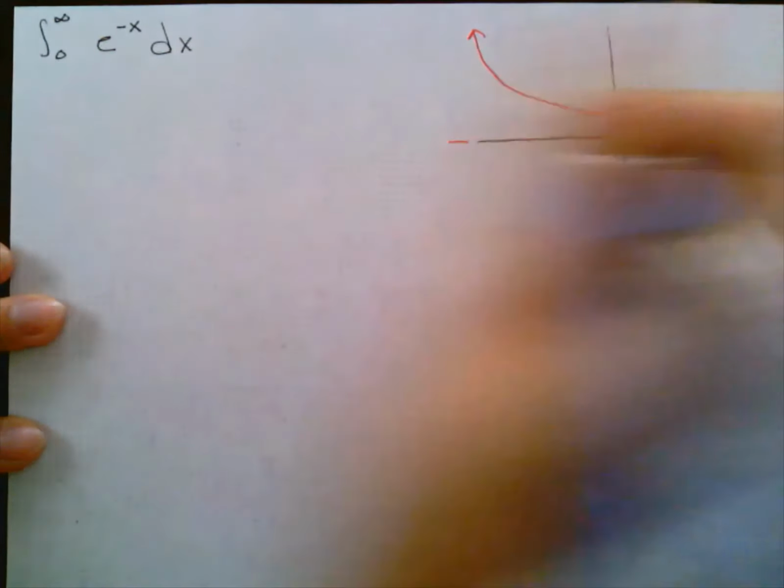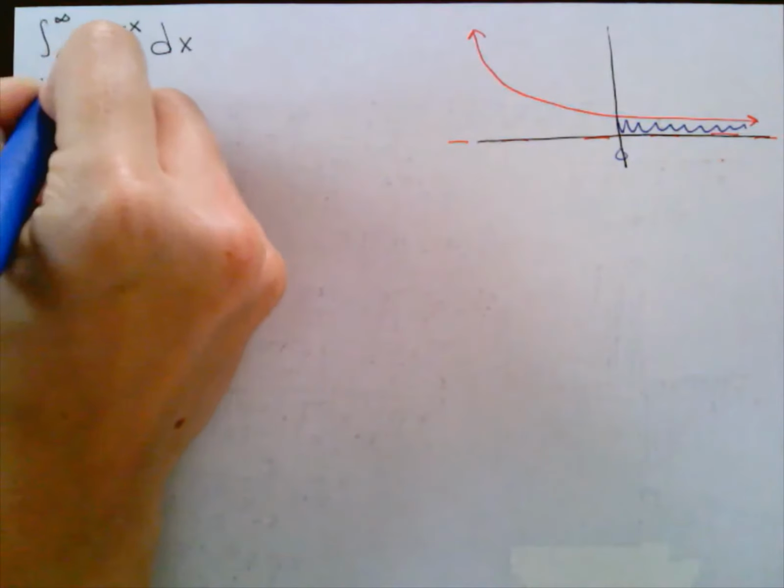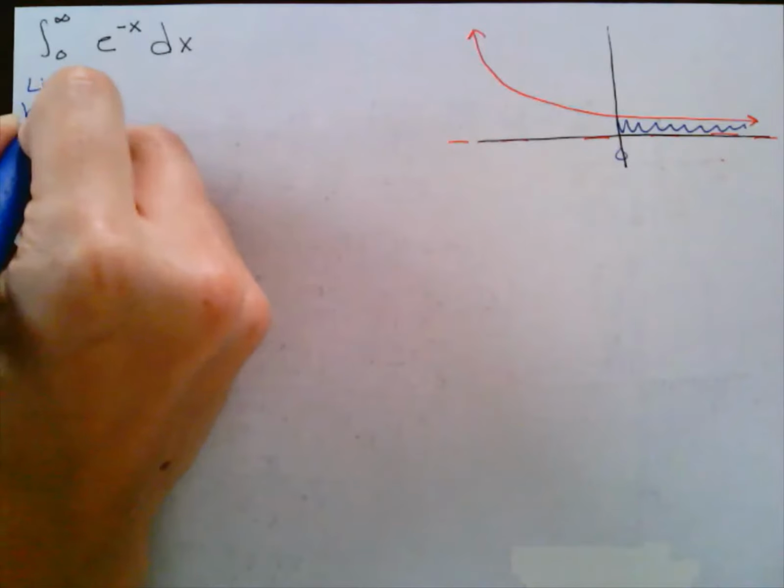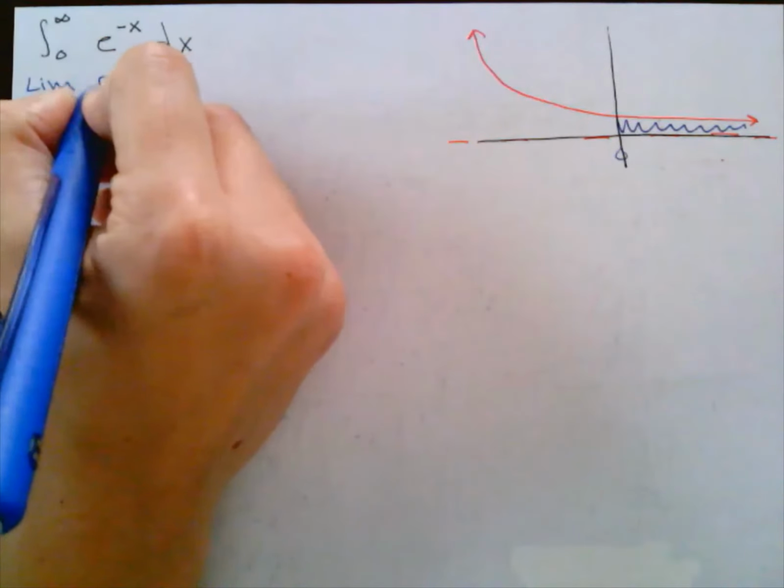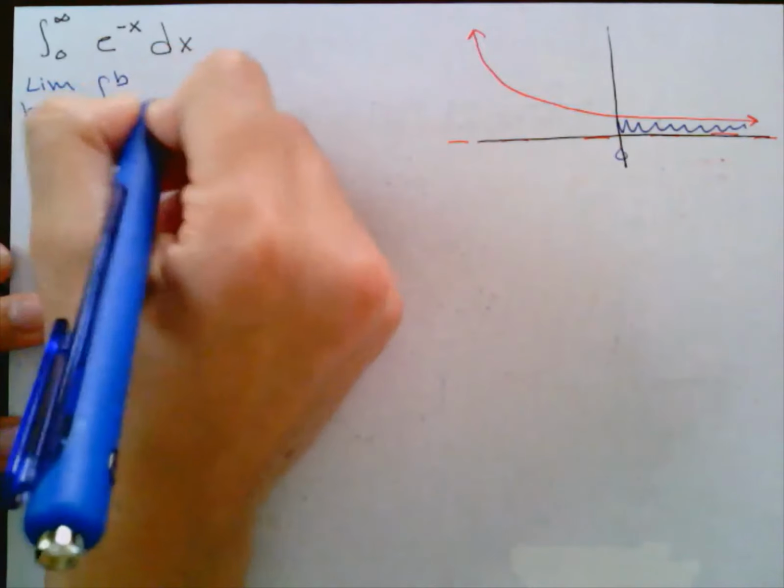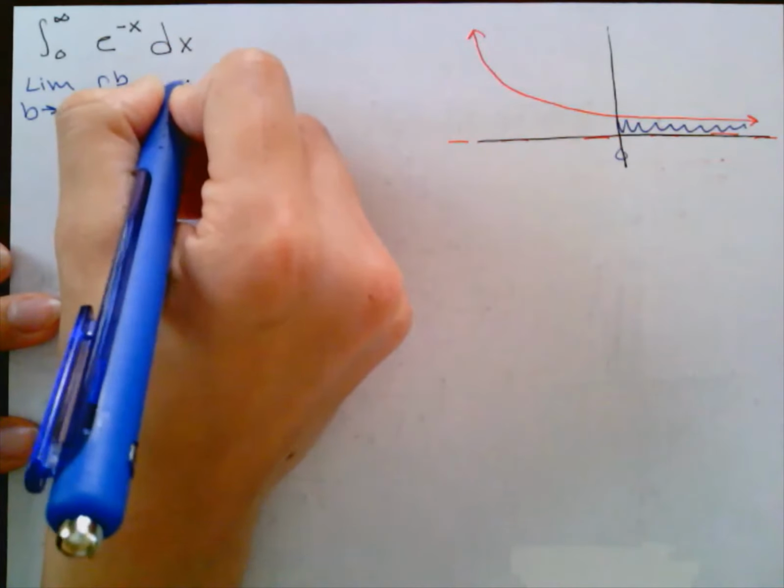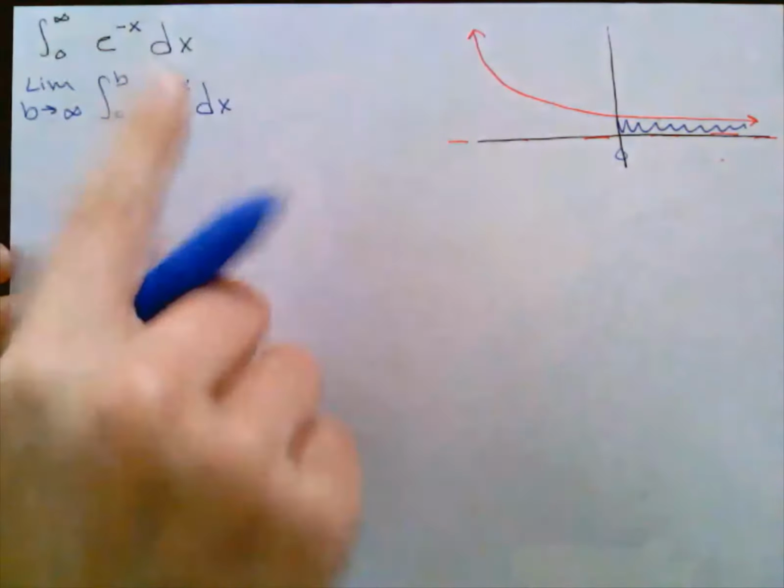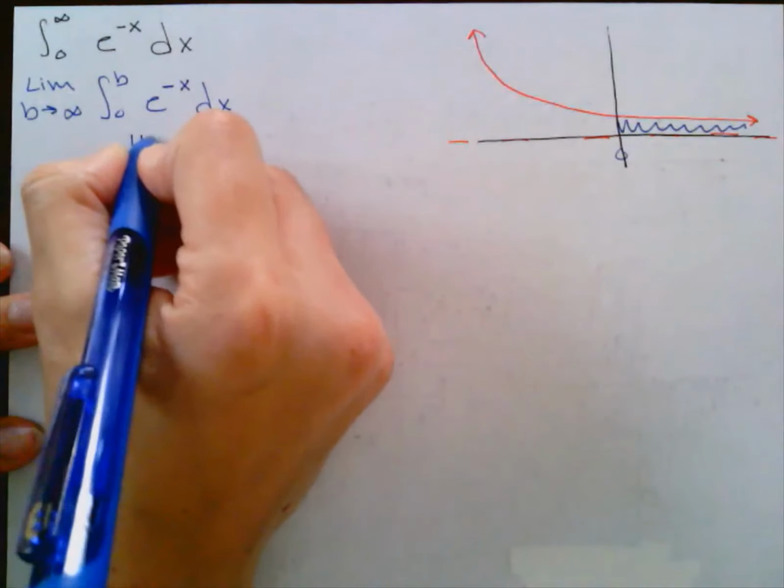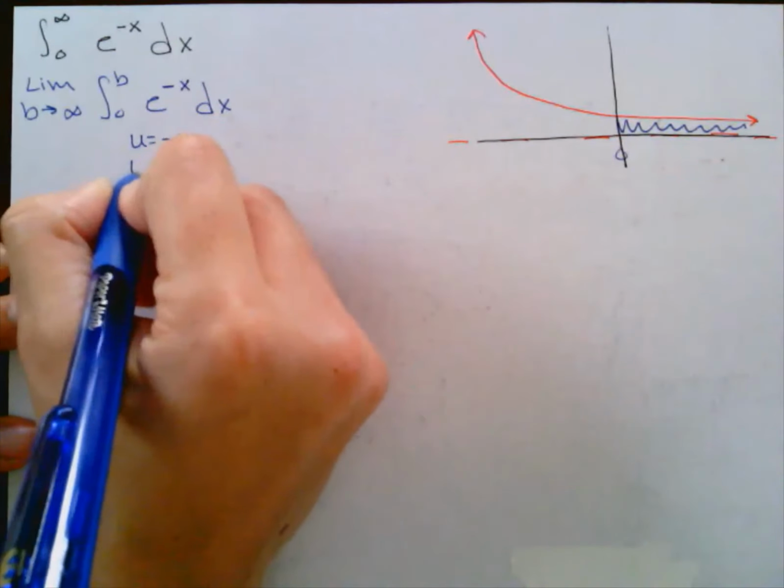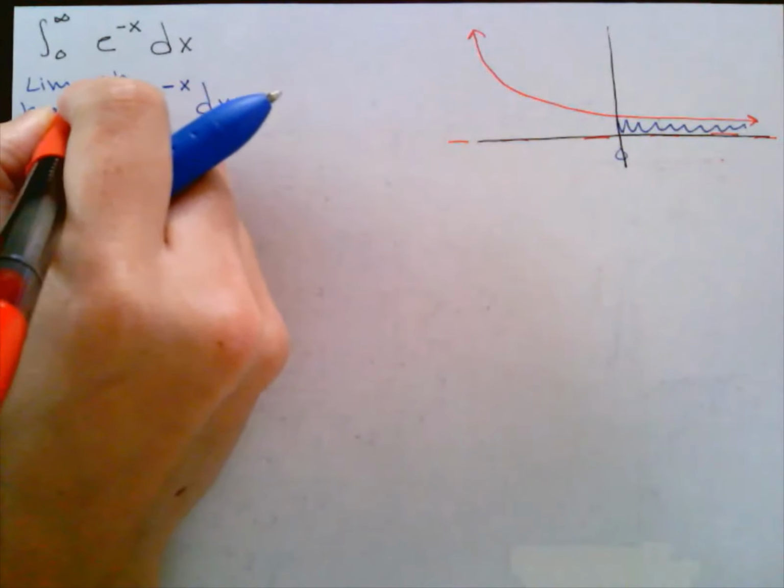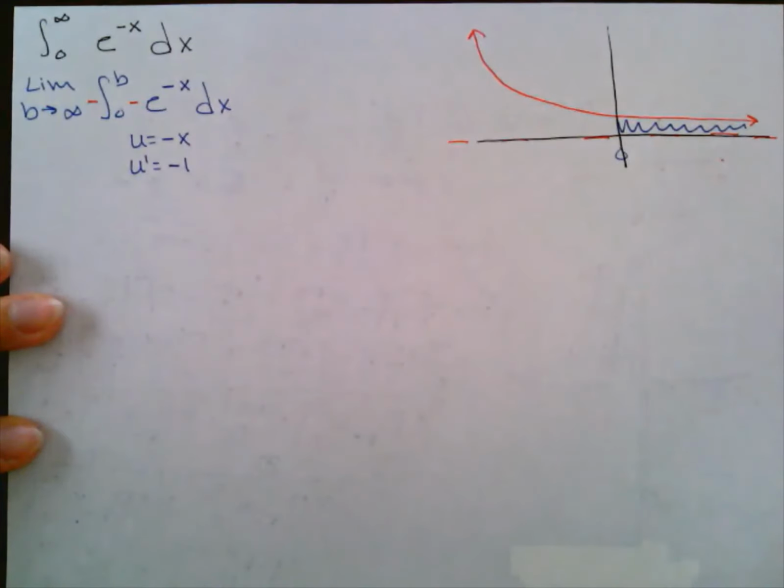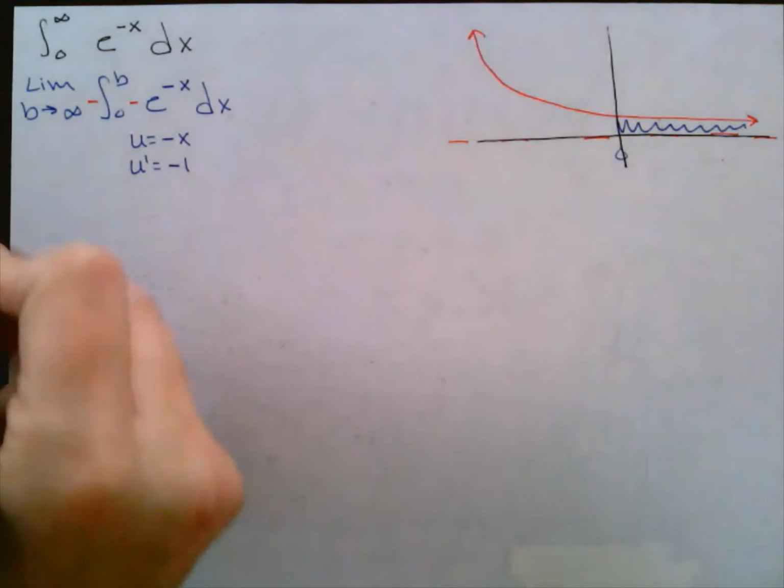Here's 0. So I'm going to say my limit as b approaches infinity. Okay, and my integral now is from 0 to b of e raised to negative x dx. I need to do u sub. My u is my exponent. My u prime would be a negative 1. I don't have that negative 1 here, so I need to put it in. And if I do so, I need to also put it on the outside. So now I can say that this is